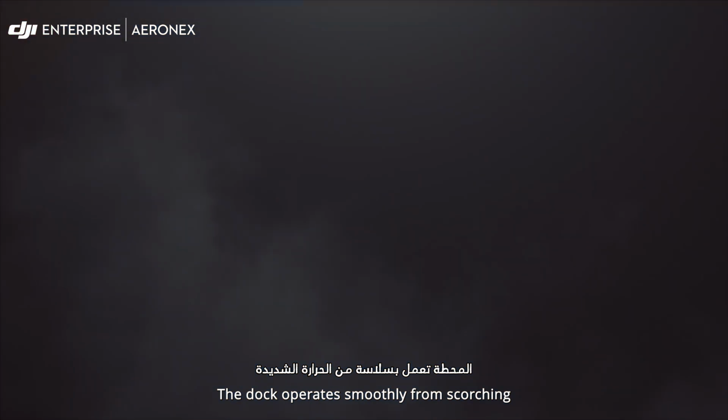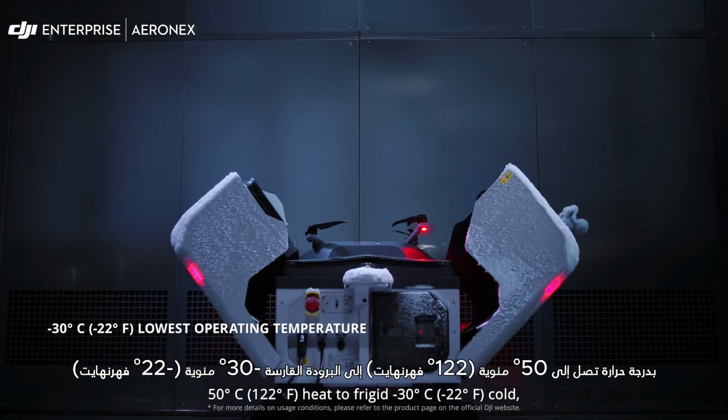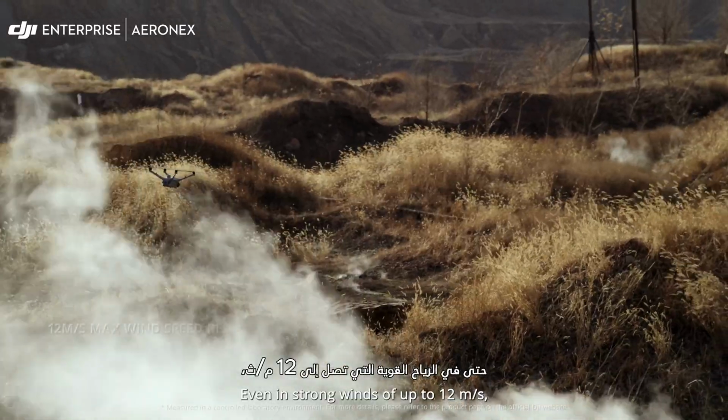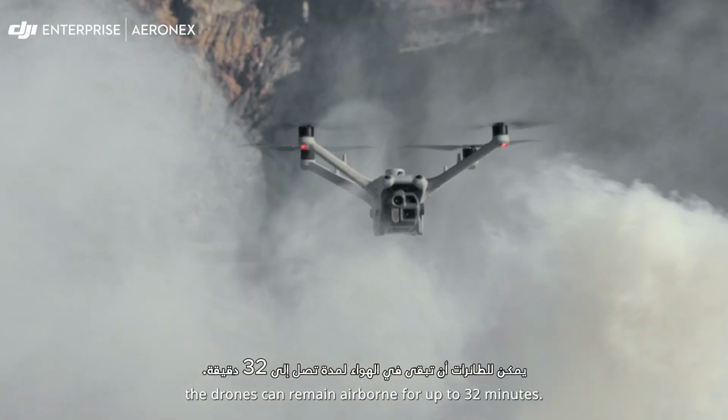The dock operates smoothly from scorching 50 degrees Celsius heat to frigid negative 30 degrees Celsius cold, ensuring reliable performance in both summer and winter. Even in strong winds of up to 12 meters per second, the drones can remain airborne for up to 32